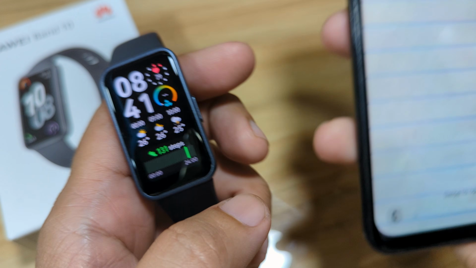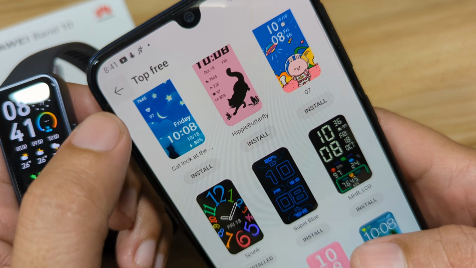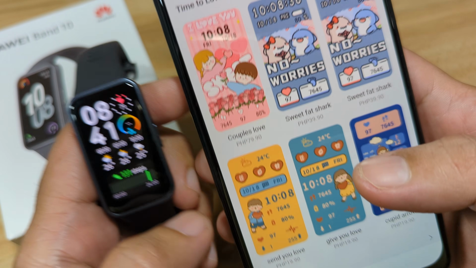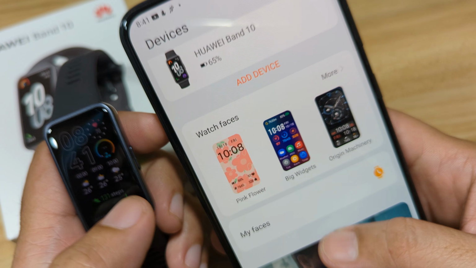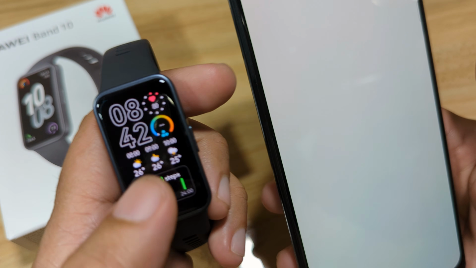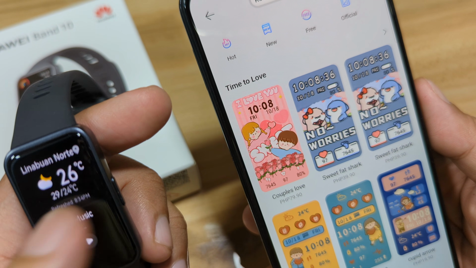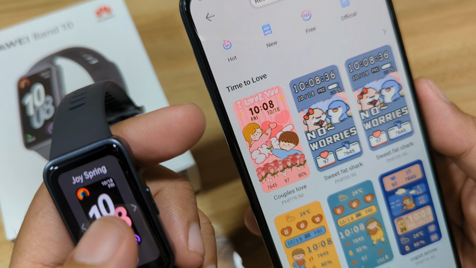Then next, let's have the custom watch face. Again, aside from downloading additional watch faces here, you can also edit the watch face directly here on the smartwatch. You can change the contents here. Let's go with a custom watch face.